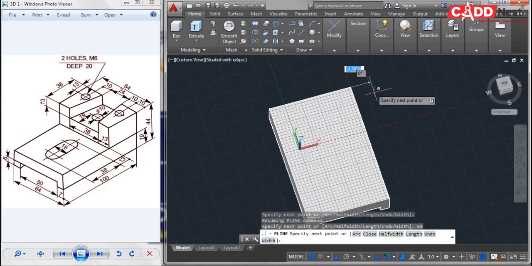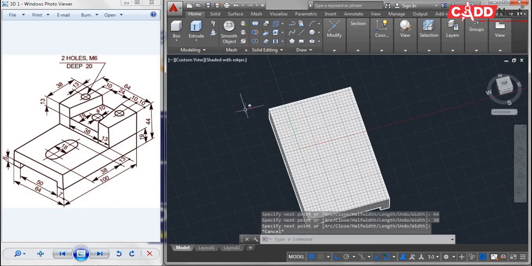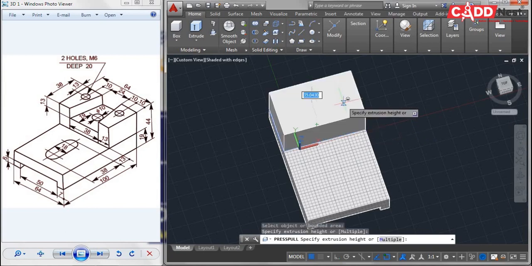Enter, and the width is given as 38. Enter, and again towards left it is 64. Enter, again towards upside it is 38. Enter. Now I am going to use the press pull command and extrude this.